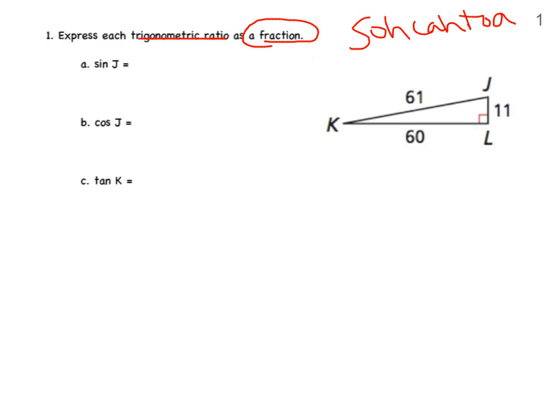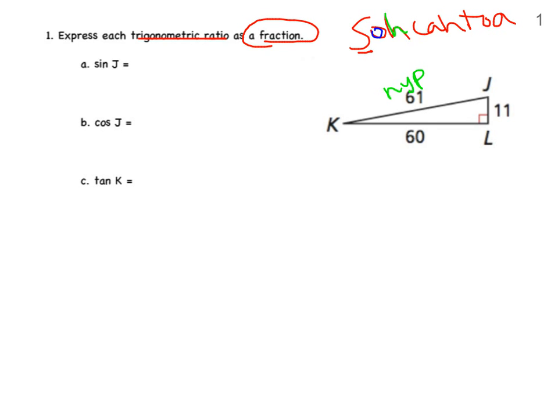what do we know about sine? Sine is the opposite over the hypotenuse. All right, now remember, hypotenuse stays constant no matter which angle you're using, so let me label that right away. This is the hypotenuse. How do we know that? It's across the triangle from the 90-degree angle. All right? Oops. So, all right, we know hypotenuse, so we know it's going to involve that 61 somehow for